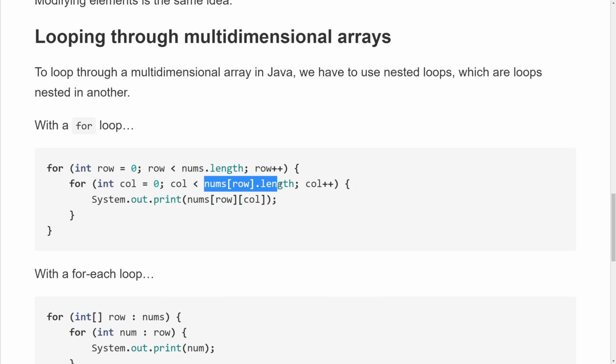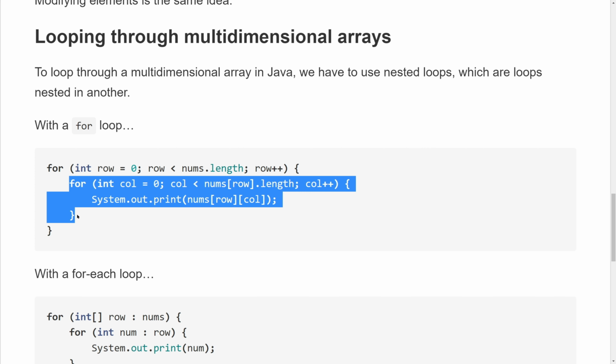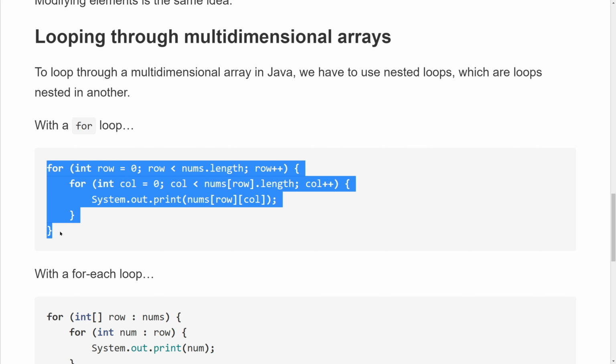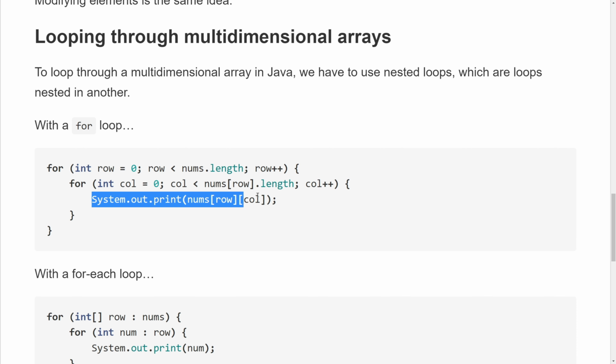So nums[row].length will give us the length of each row, which is 2. So this loop will run twice for every time this loop runs once. And because this loop will run 3 times, this statement will run 3 times 2, so it will run 6 times. Each time, row and column will be different values, so nums[row][col] will give us each element of